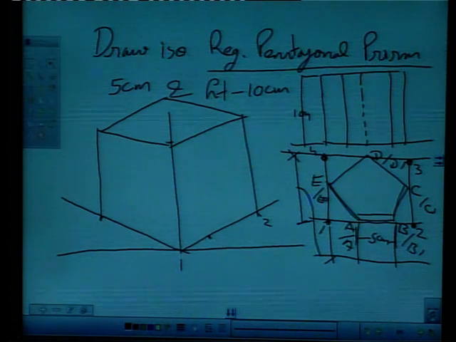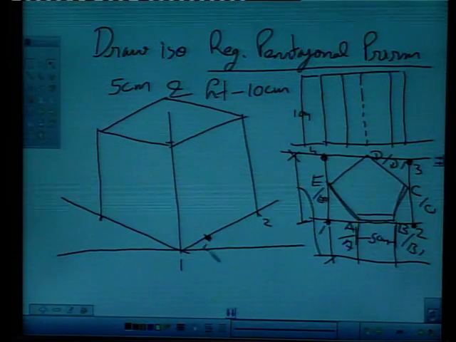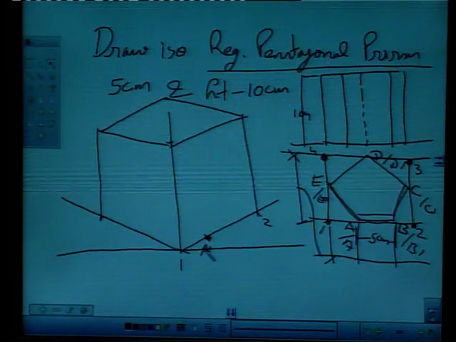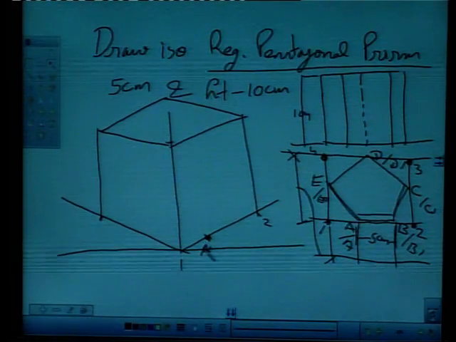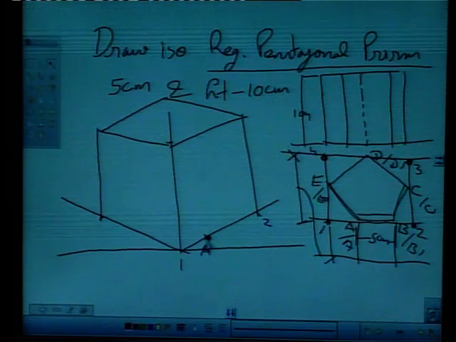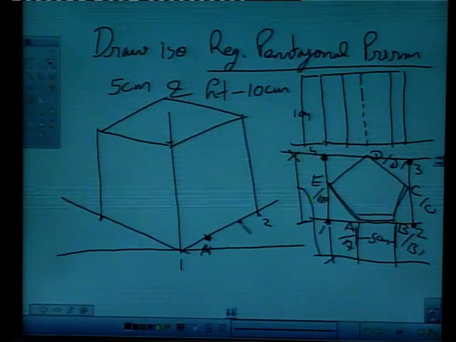Measure this distance with compass. You can mark like this. This will give us point A dash base point, right? Then measure this AB with compass, which is 5 centimeter. Mark like this. This is point B,